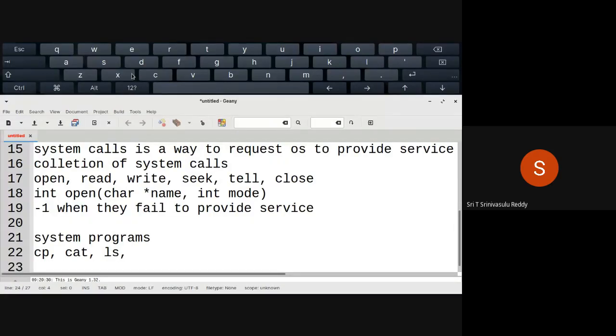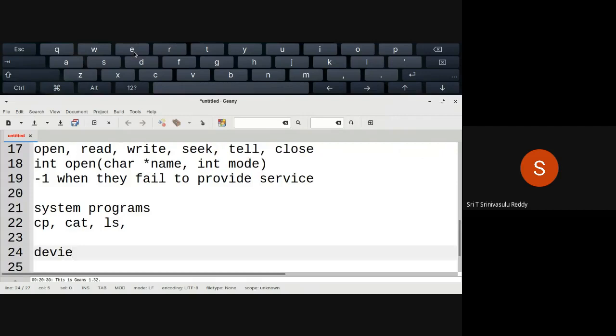That is one of the important points: device independent.